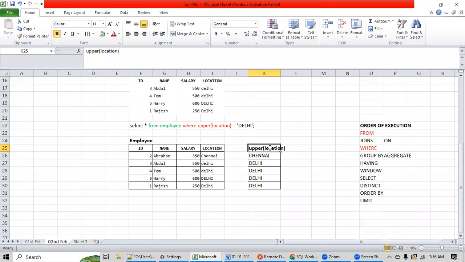Live SQL is an open source, free version, so I have not explored that. But on the licensed version, if you're working in your official project and you have Oracle, SQL Server or Postgres, any database, you have that execution plan option. If you click on that, it will show you the entire execution plan of your query, how it is getting executed.